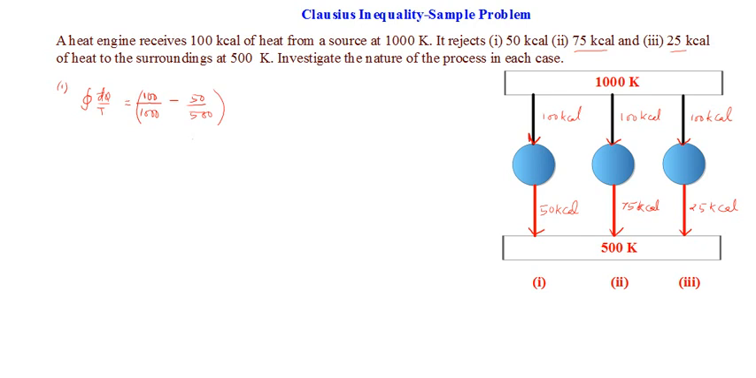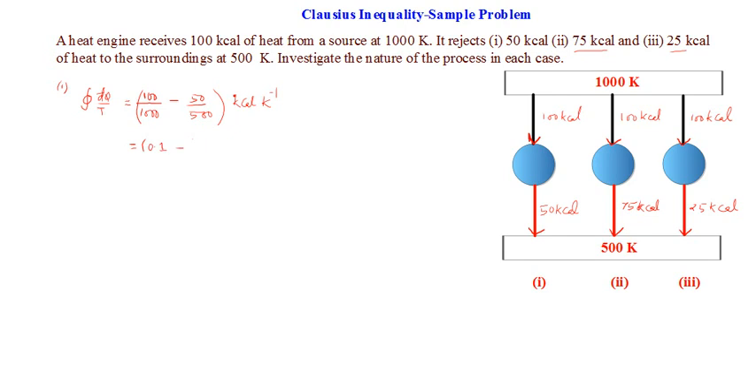Of course, the unit will not be joule per Kelvin. Instead, it will be kilocalorie per Kelvin. Don't worry about the unit of this one. Kilocalorie per Kelvin, that will be the unit. So, what about this value? Let's calculate this value. That is equal to 100 by 1000, which is nothing but 0.1, right? So, this is 0.1